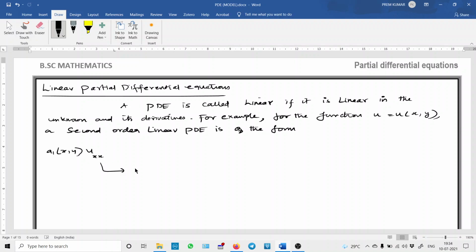So what is u xx? Actually, this is del square u by del x square. This is how we write it, like u xx, as already discussed. u xx plus another a2, which is also a function of x and y, and u xy. What is u xy? Del square u by del x del y